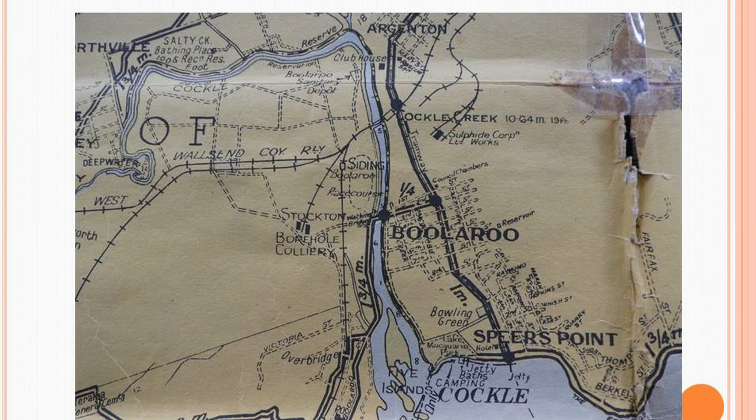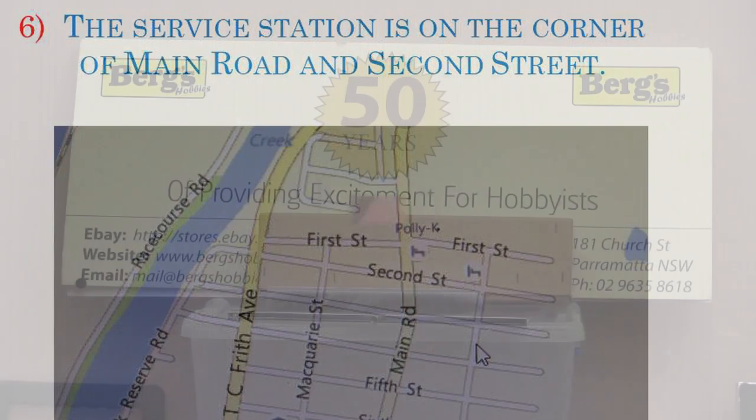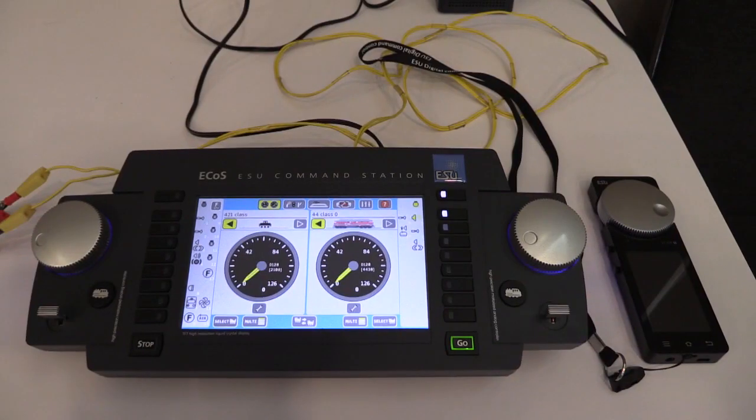Here's an older map of the area. It shows the main road. The main road used to come around from Spears Point along Lake Macquarie, and from there it took a right-hand turn and went up to Bullaroo. That's the main road running up through there. The location of this service station is right here where that black dot is, right there on the corner. So further on you can see the line into